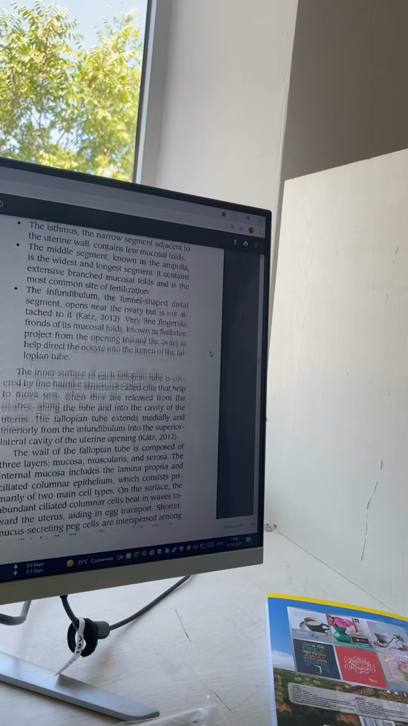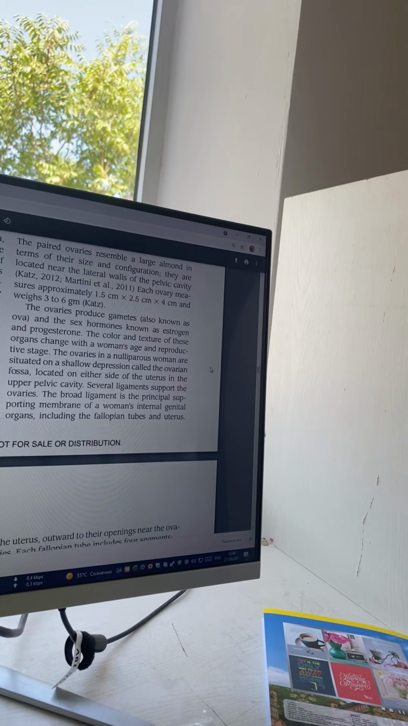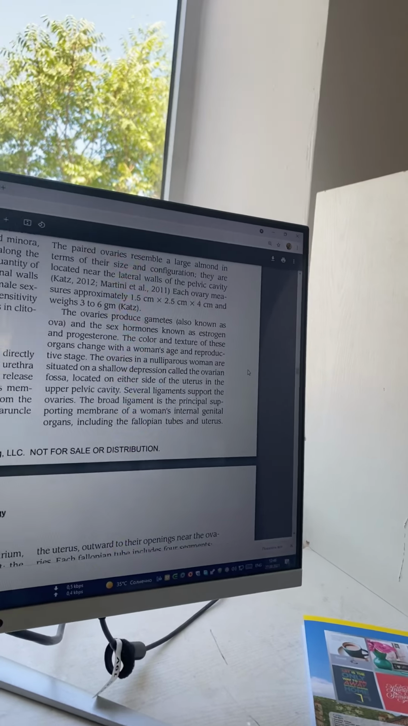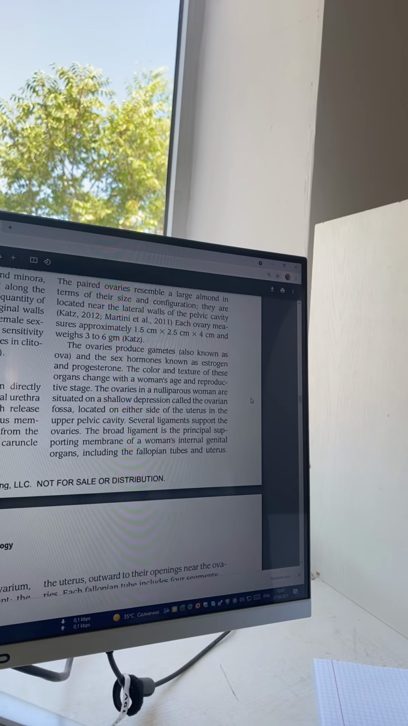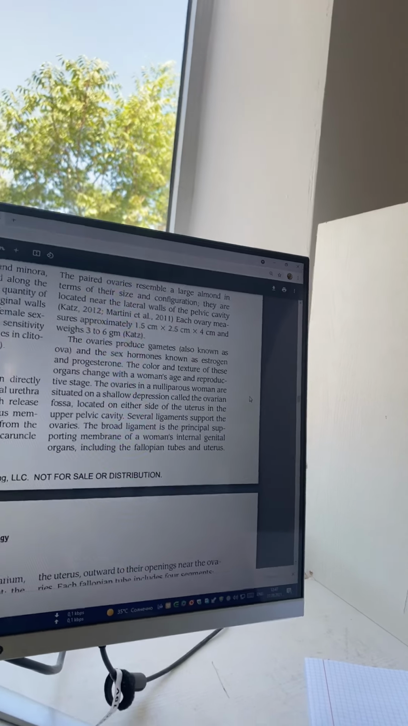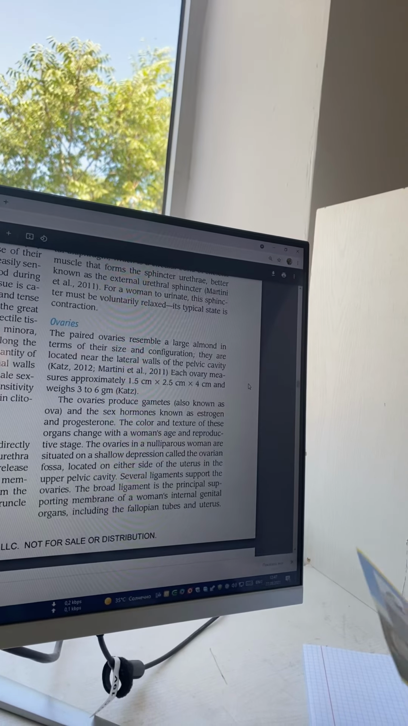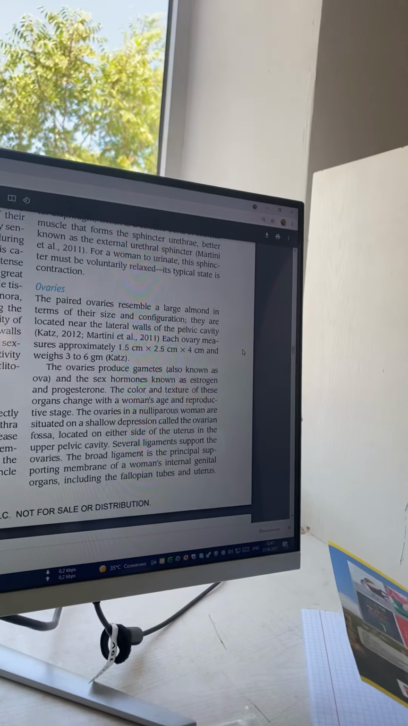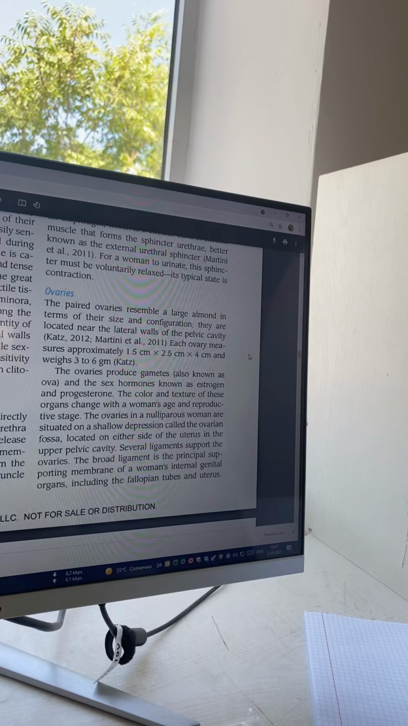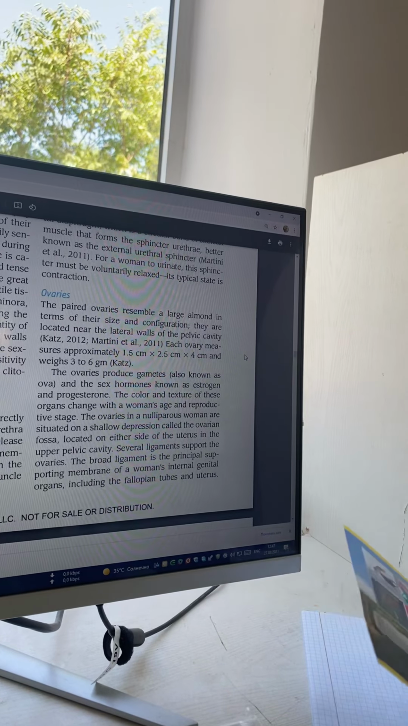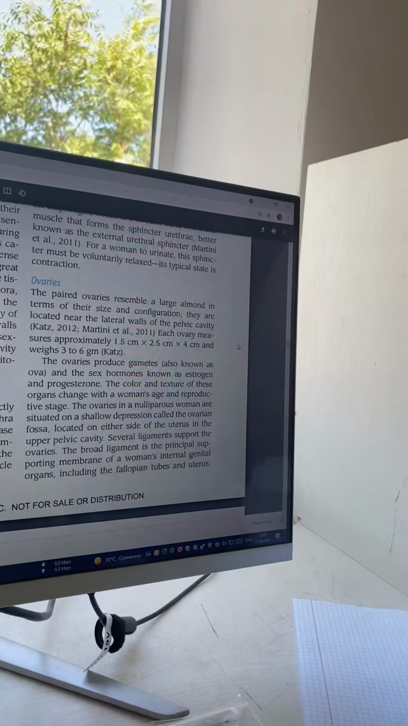Ovaries. The paired ovaries resemble a large almond in terms of their size and configuration. They are located near the lateral wall of the pelvic cavity. Curtis 2012, Martini et al. 2011. Each ovary measures approximately 1.5 centimeters by 2.5 centimeters by 4 centimeters, and weighs